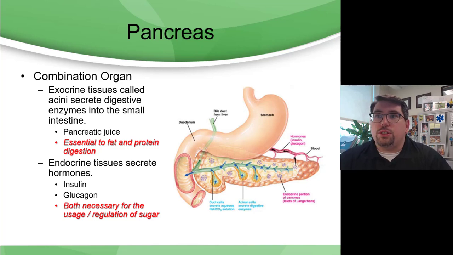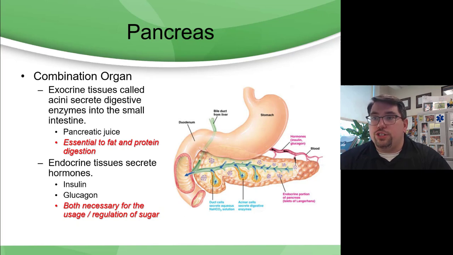The exocrine tissue is called acini. It secretes digestive enzymes into the small intestine. We sometimes refer to this as pancreatic juices. In essence, it's the components that are released from the pancreas directly into the duodenum, there to help break down those fats and proteins into a usable source of